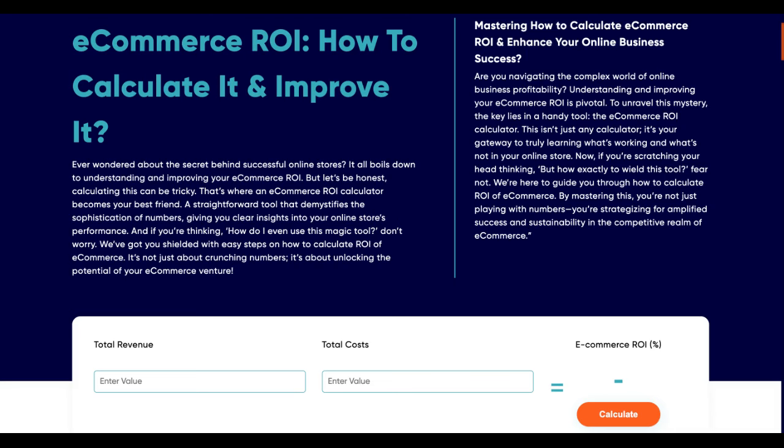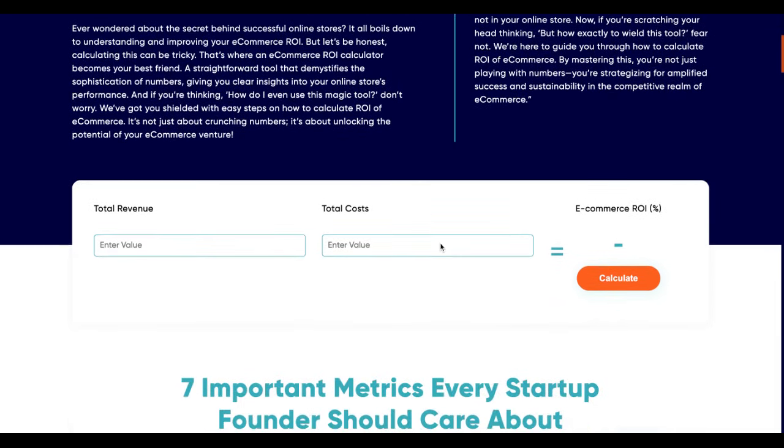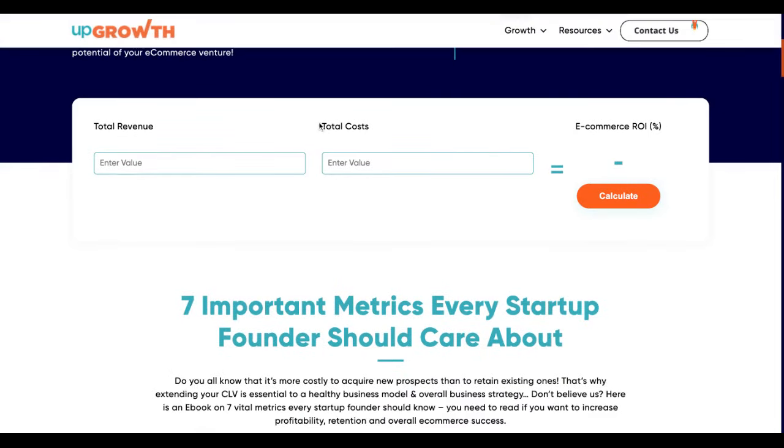Now, let's extend our example to the calculator to understand the input fields. So here you'll require two input values, which are the total revenue that you have received and the total cost that you've incurred for your product. There are multiple KPIs that need to be considered while computing the total cost. I'll walk you through our table how we've come to this example. So here I'm taking two examples, two use cases. The first scenario is I want to compute e-commerce ROI from a social media ad campaign. So let's say the total revenue I've generated is 100,000.